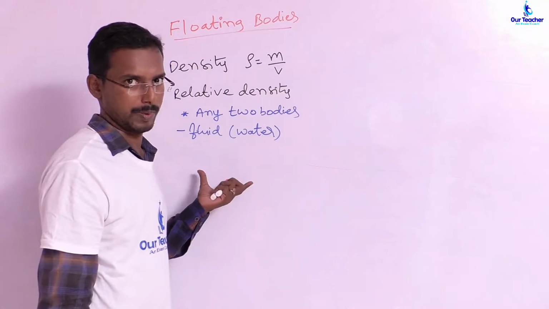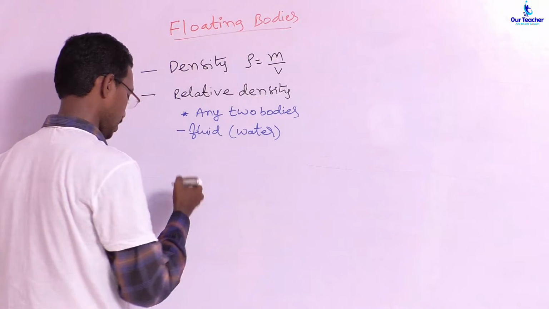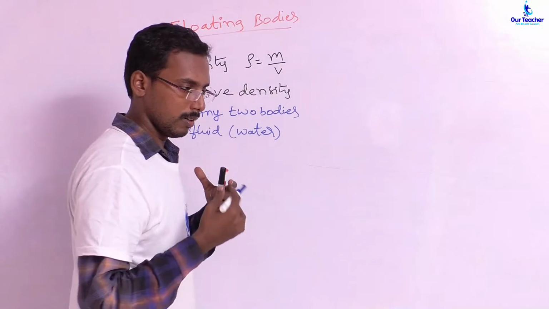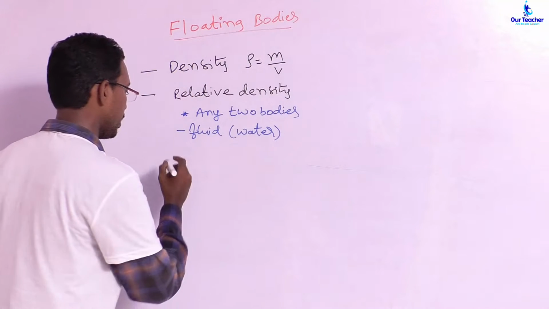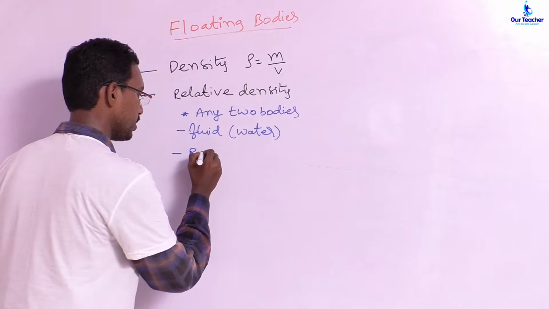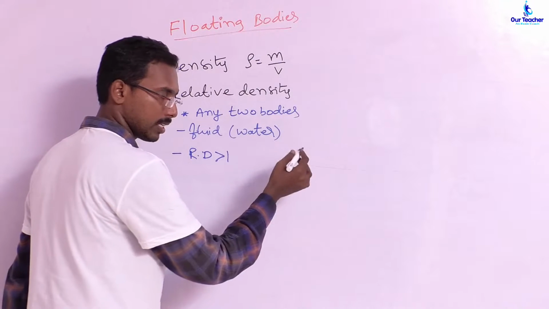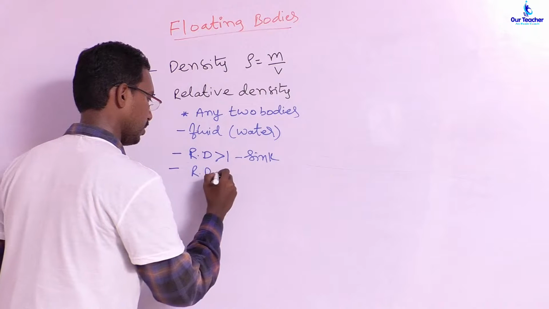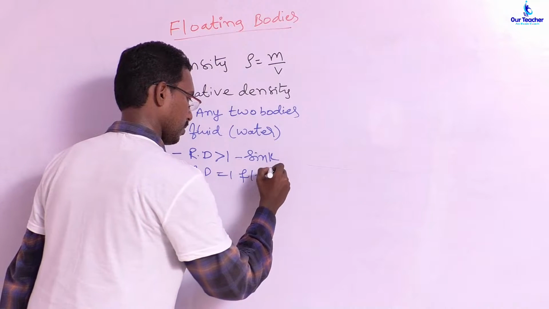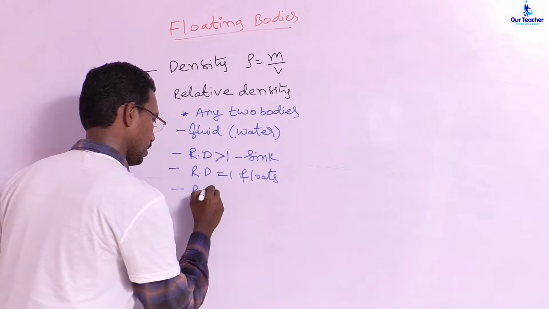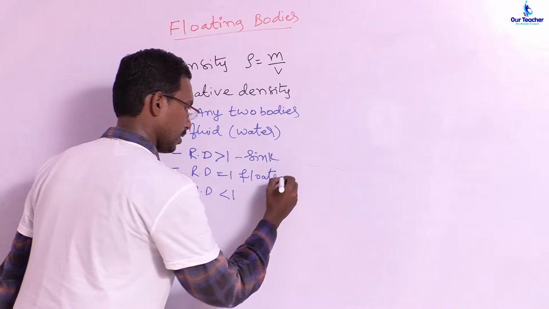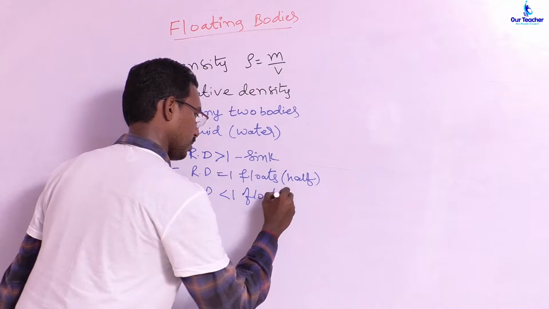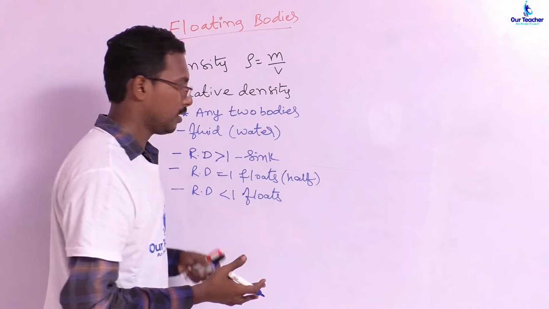Archimedes did all these experiments actually. So we will decide whether the body floats or sinks, or in which situation it is, depending upon the concept of relative density. If relative density is greater than 1, the body sinks to the bottom. If relative density is equal to 1, it floats. And if the relative density is less than 1, it half floats here, and it completely floats here. We will deal with how this happens in the activities.